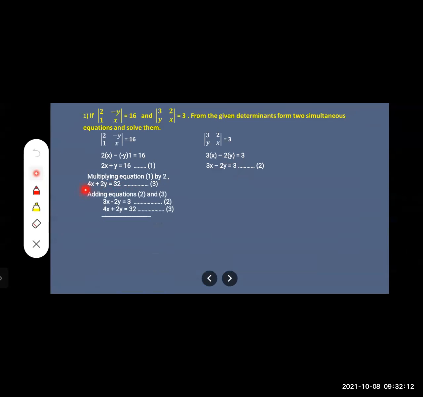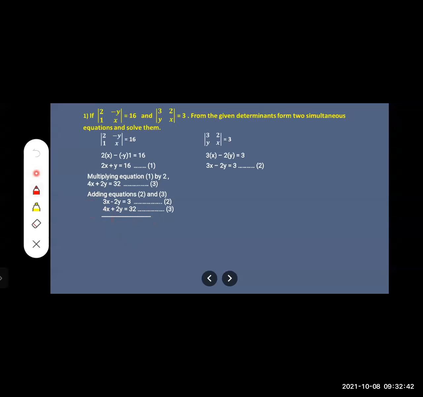Because we got the new equation, that's why I named this as 3. Now the second and third equation is there, no? We have to add these two. See, write like this, second equation and third equation. So adding equations 2 and 3. Okay, so what you have to do, you have to add these equations. So when you are adding, what will happen, children? This is eliminating one variable.